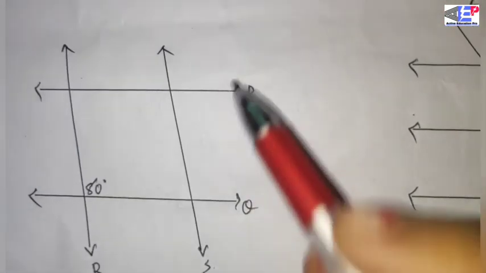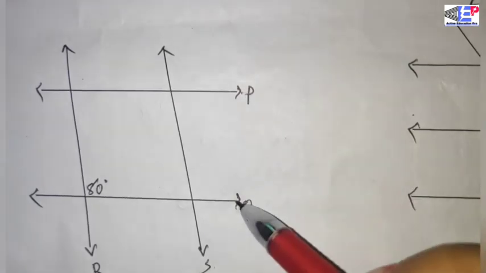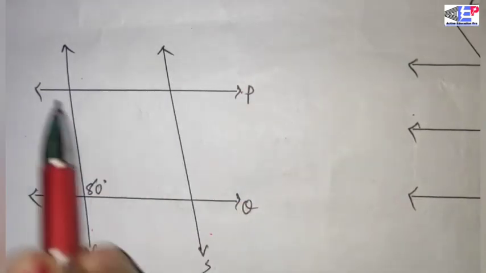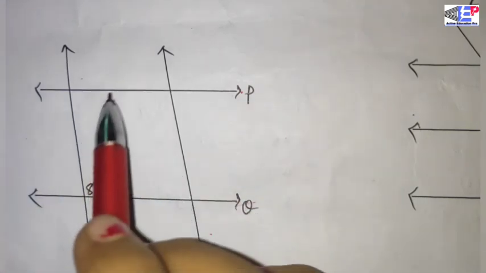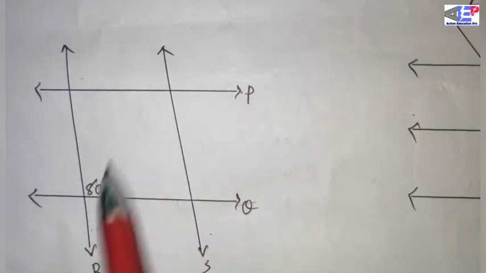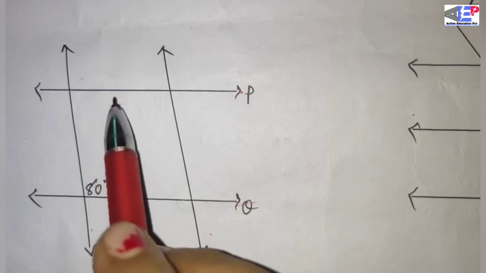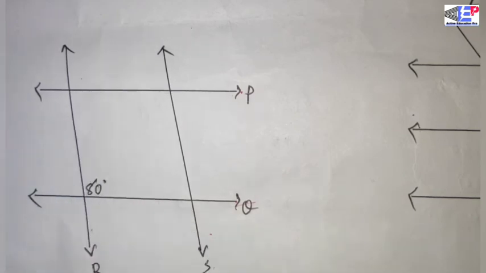Here P is parallel to Q, and R is parallel to S. So of course it is a closed figure consisting of four sides, and it is a parallelogram because opposite sides are parallel. Otherwise, you know,